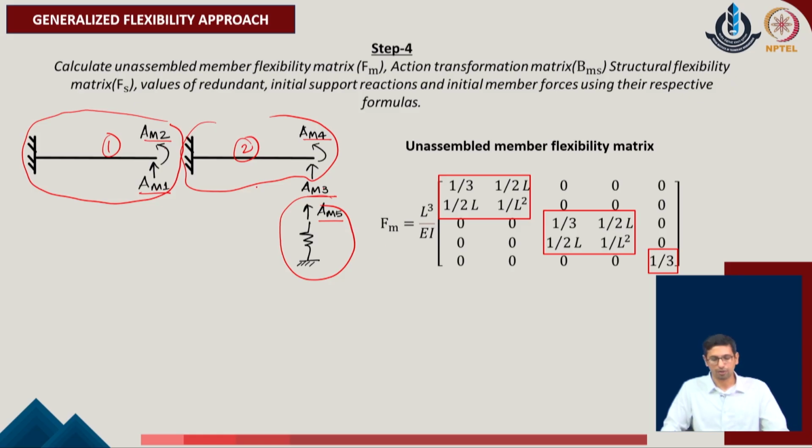Now, we know that for these kinds of systems, the generalized flexibility matrix is known to us. So, I can define the value of f of m1, which is the flexibility matrix for member 1, f of m2, which is the flexibility matrix for member 2, and f of m3, which is the flexibility matrix for member 3. While f of m1 and f of m2 will be 2 cross 2 matrices for the given system, f of m3 will be a matrix containing only one component, because it corresponds to the axial deformation of the given member.